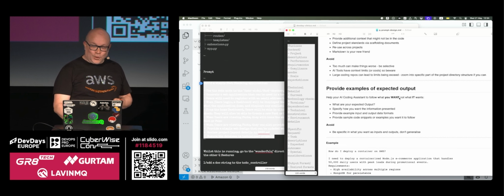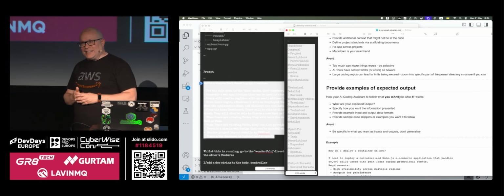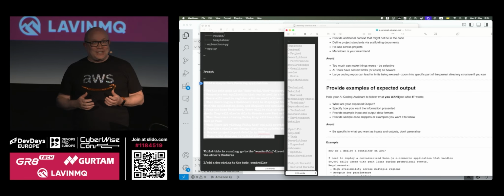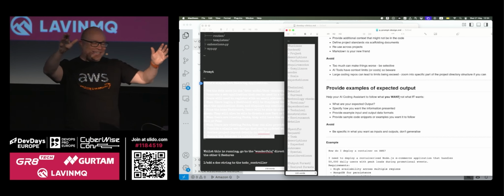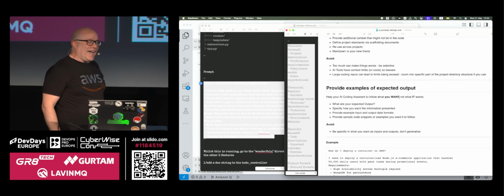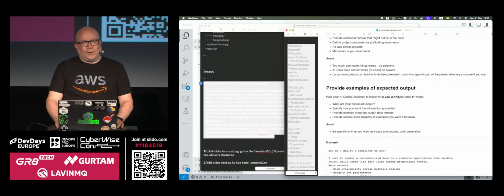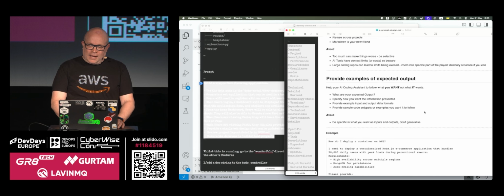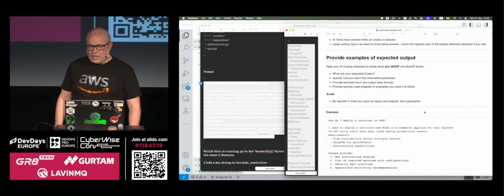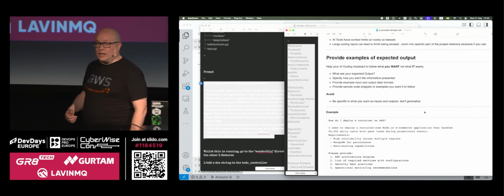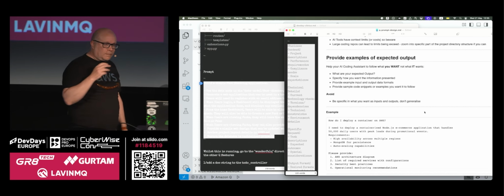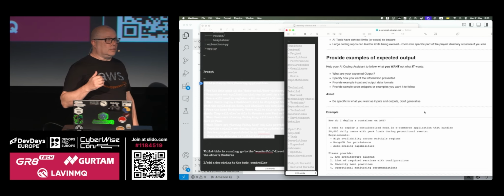But again, too much is not always the best. The temptation as developers is to say, take it all, use it all. The problem is that if you do that, you won't necessarily separate what you want it to do from everything else. And the final thing that helps define a good prompt is providing examples